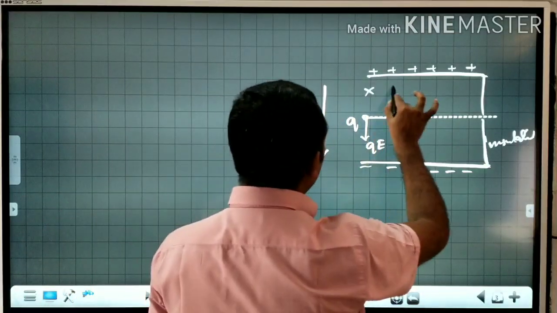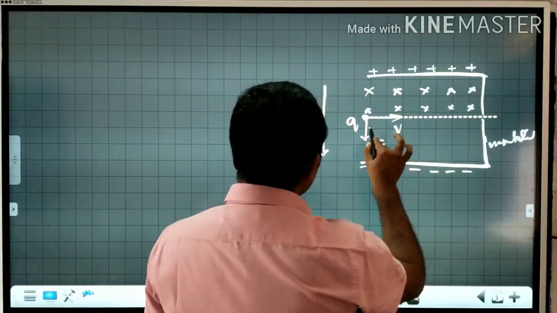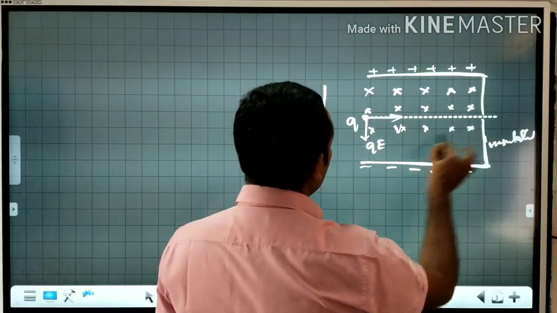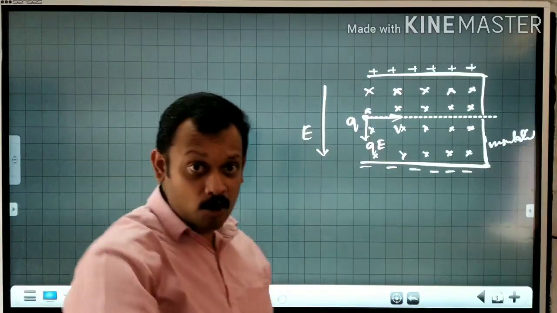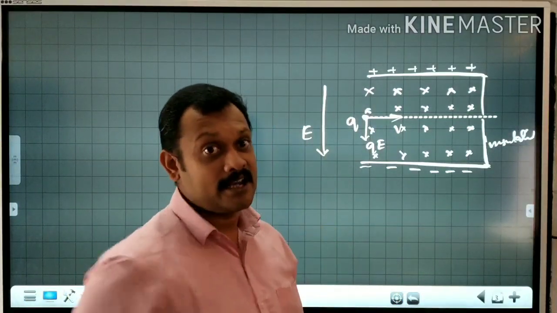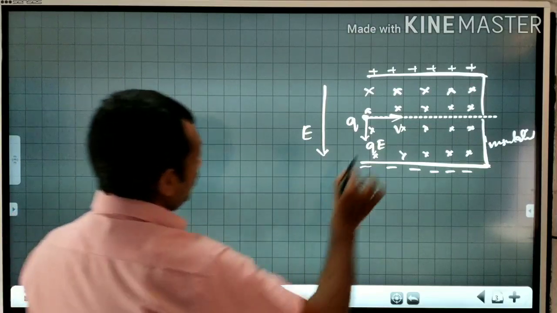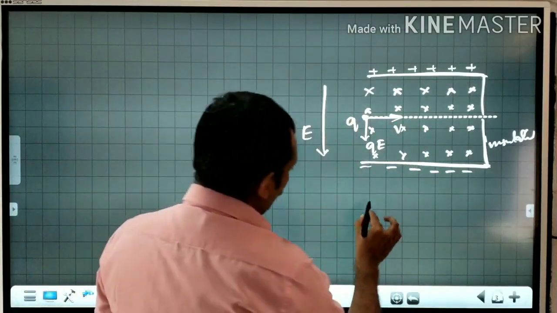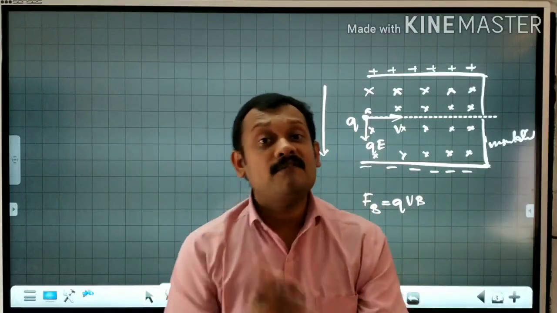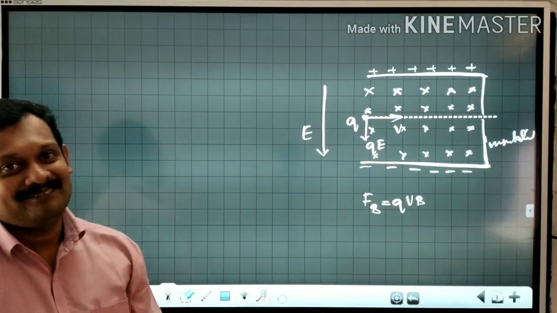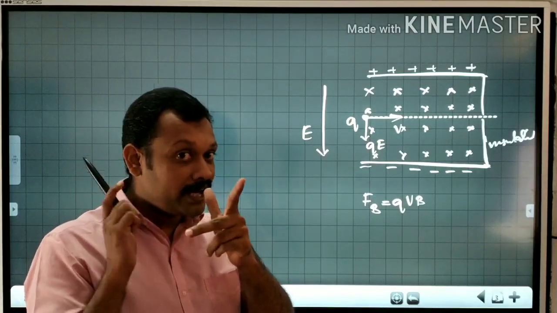And let me consider the magnetic field. What does this magnetic field represent? What is the meaning of this magnetic field? This magnetic field is directed into the plane of the board. So the electric field is downwards, and the magnetic field is directed into the plane of the board. Now our discussion is, what is the direction of the magnetic force? Here the velocity is likewise. The magnetic force as a magnitude is QVB. There is no doubt at all, because velocity and magnetic field are mutually perpendicular to each other, right? Okay, now let's see. What is the initial direction of the magnetic force? For that purpose, we use the left hand.